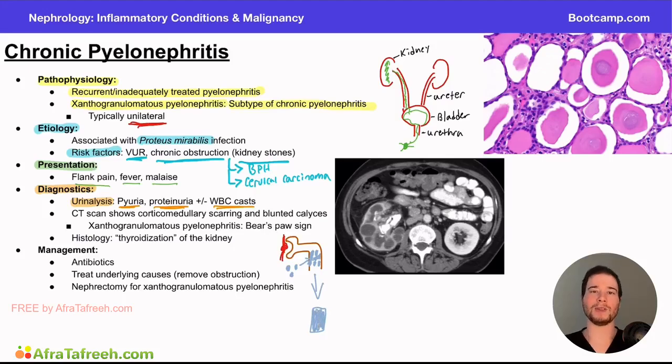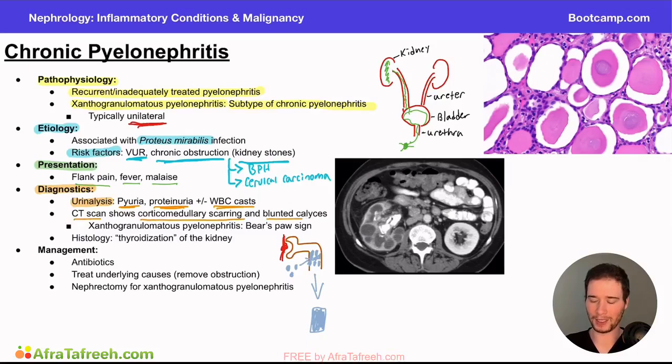Now, this is a plus or minus, right? This is not always present. However, if it is present, it indicates there's likely renal involvement, kidney glomerular tubule involvement, which can be another clue that we're dealing with pyelonephritis versus something lower in the urinary tract, which would not typically have white blood cell casts. On a CT scan in these patients, you're likely to see corticomedullary scarring